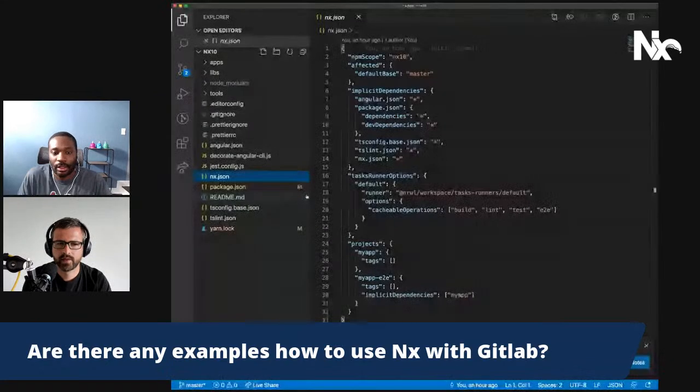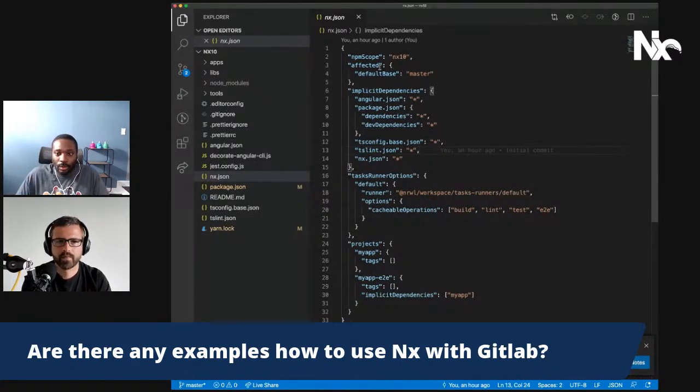Yeah, I'll bring it up here. This is a fresh NX 10 workspace. What we added was the default base for affected commands. That way, if your default branch is master that you want to check all your affected commands against, you can have that. Or if I wanted to change this to main,